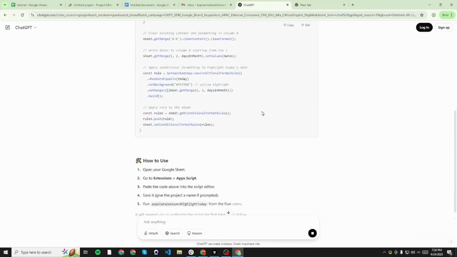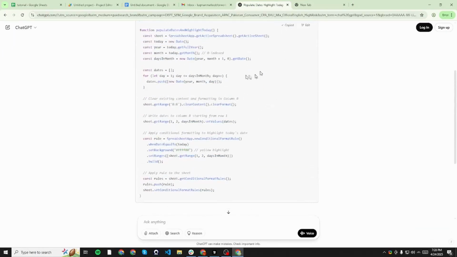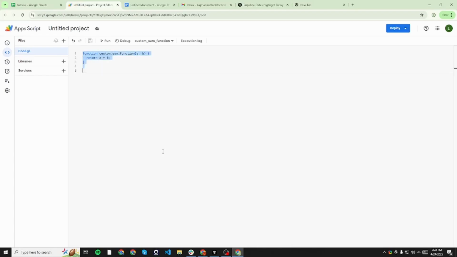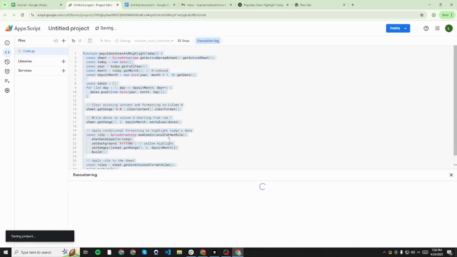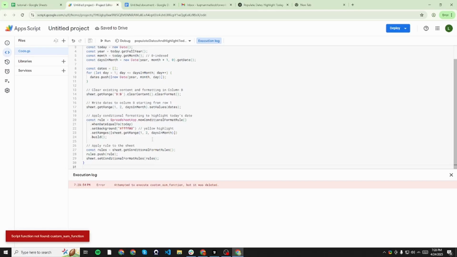So here we have code. We can just copy this code, and I'll do Control A, backspace, Control V, and I'll do Control A again, and I'll click on this run button. So when I click on this run button,